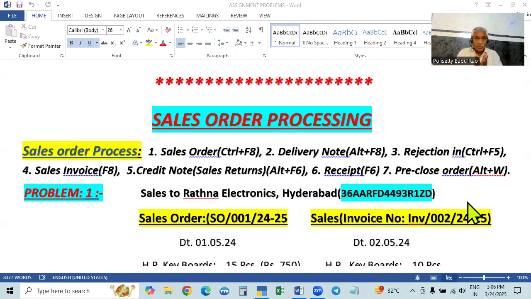So the order is closed, that is cancelled or closed before completing, without completing. That's why it's called pre-close order. Pre-close means closing before completion. So that order will be closed. This is about